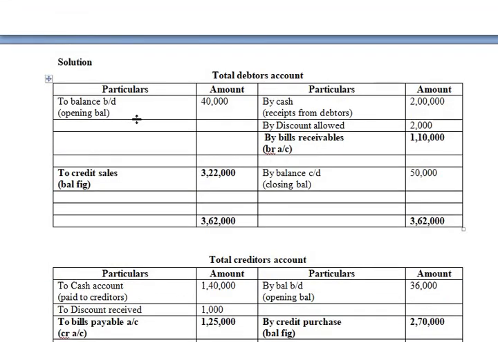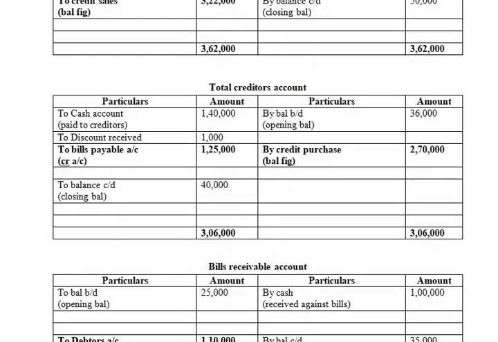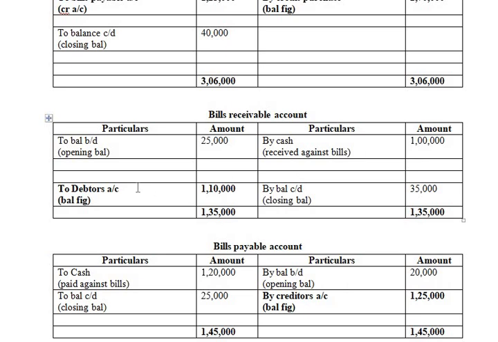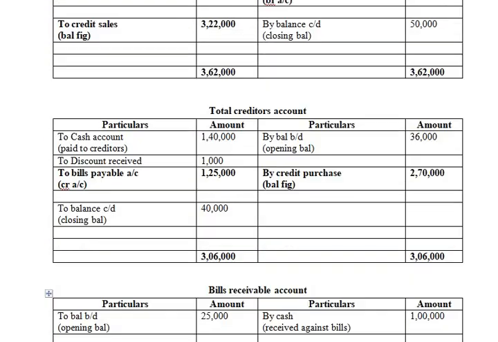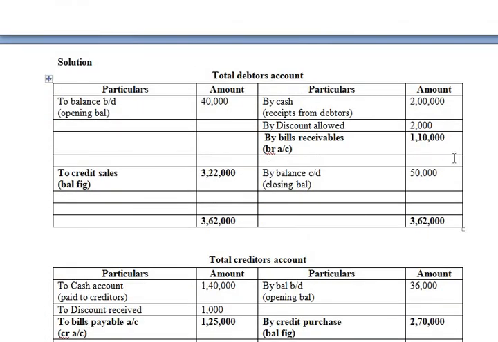Now, we have posted the different entries in case of bills payable, debtors, creditors and bills receivable account and balance sheet profit and loss account. Remember this, that when you want to close the debtors account, before you close the debtors account, you will have to first close bills receivable account. So first you will have to wind up with the bills receivable account. So bills receivable account has been closed first. Balance of bills receivable account goes to debtors account. So we have taken this balance of 1,10,000 in the debtors account.